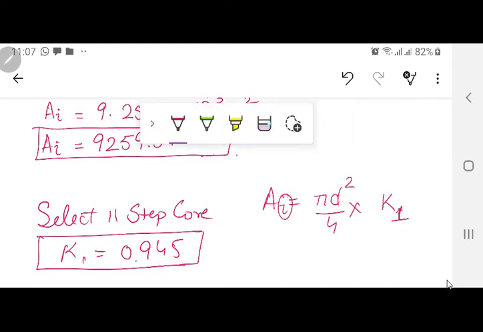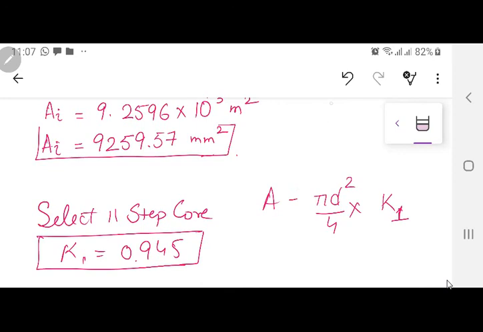Okay. Now before this K1 factor is used, this AI is not AI actually, this has to be AG. Why AG? Can anyone tell me? Because I am talking about the total gross area. So what I need to do first is convert this AI into the gross area, and for that purpose I need to take a stacking factor. So I will divide AI by my stacking factor.